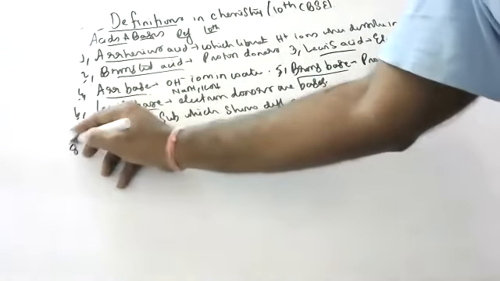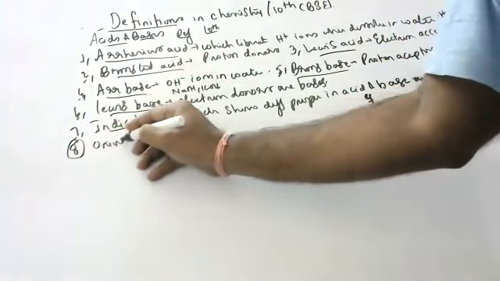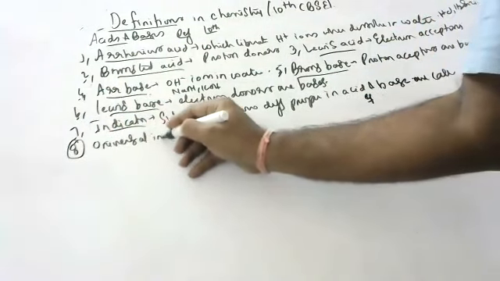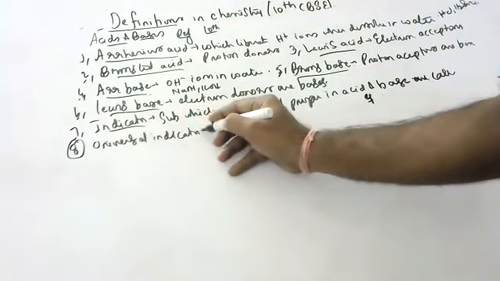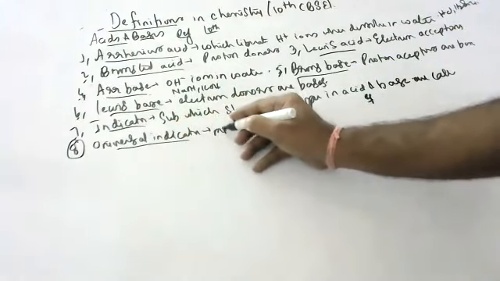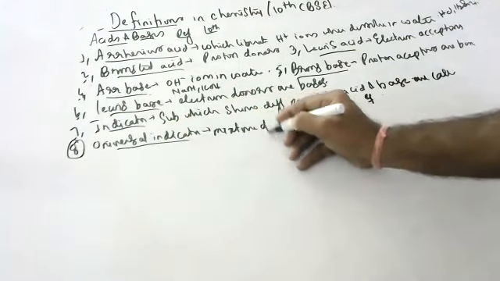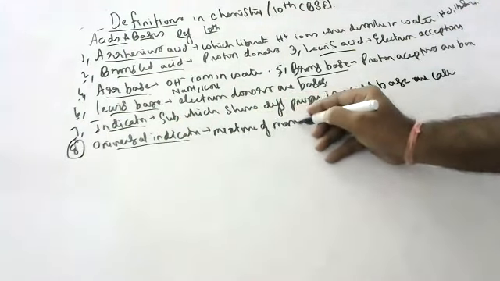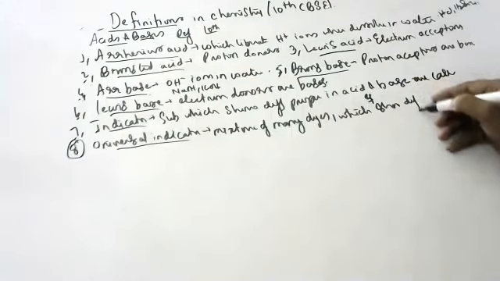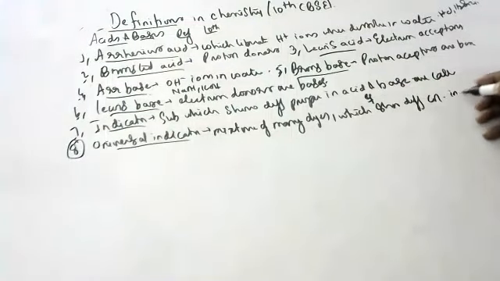Next, what is a universal indicator? Universal indicator: mixture of many dyes which show different colors in acids and bases. Next,